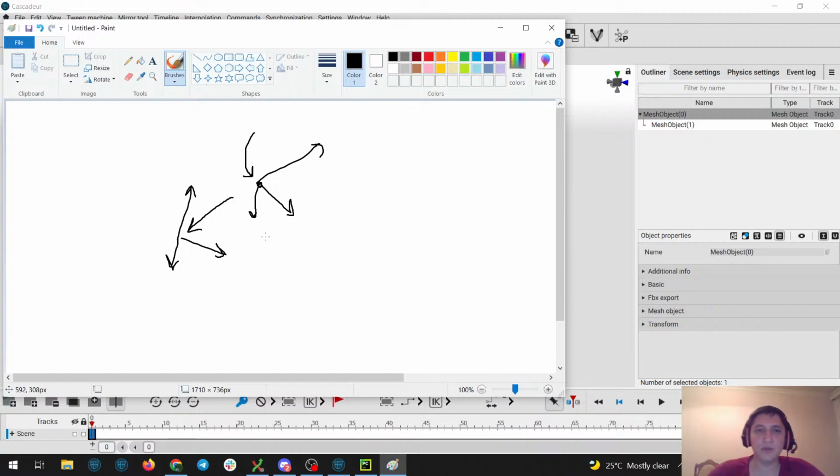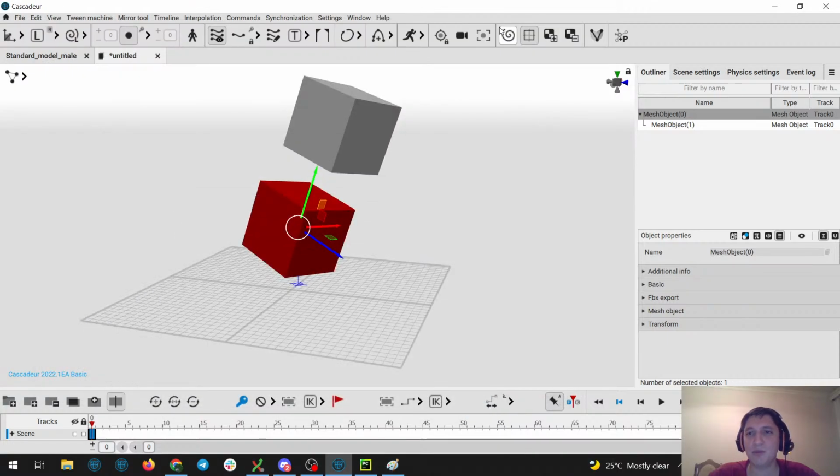I just wanted to make this small statement because I'll be using these words, coordinate system, etc. But let's move further and see what this parent-child hierarchy actually means